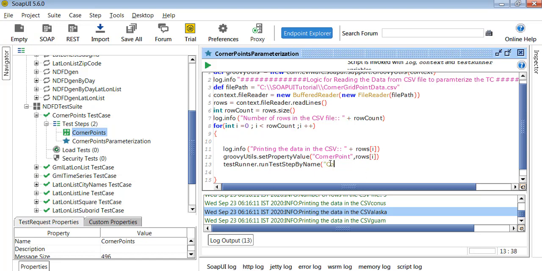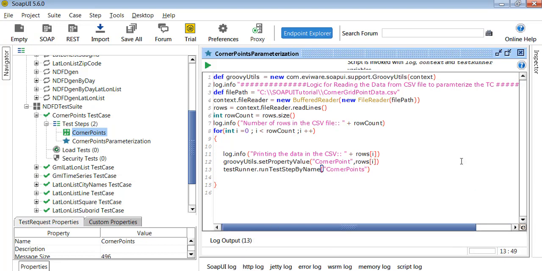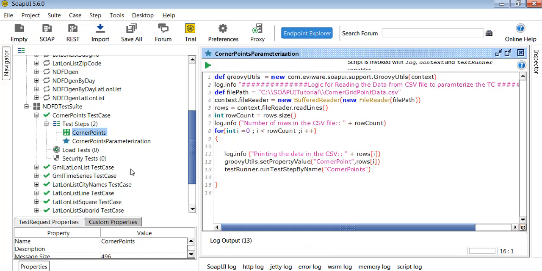The test step is corner points. Okay, so we are going to run this test step. If you look here, this is a test step. The test step name is corner points. That is what we have done.